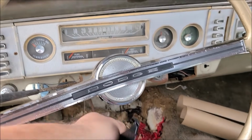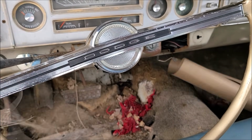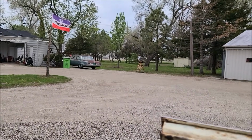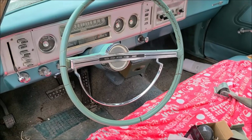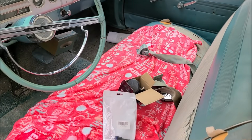Whether or not we use this thing or not, even got all the horn stuff working, which even though our horn ring is broken off and missing, it does give us a nice clean steering wheel look. Because now we're gonna show you Arlene's. So don't mind Arlene fresh off her daily drive review,